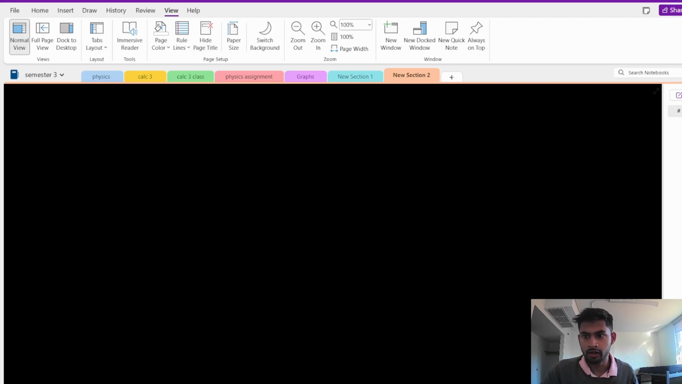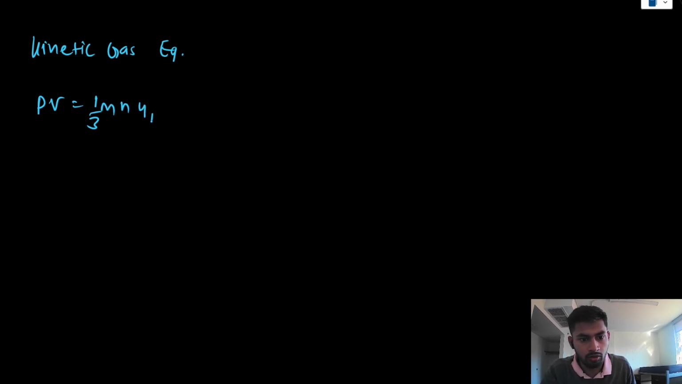Right, now shifting gears towards equations, we'll start off from the postulate. The first equation and derivation that would follow after this would be from the kinetic gas equation, which is PV equals 1/3 of mNu squared, where